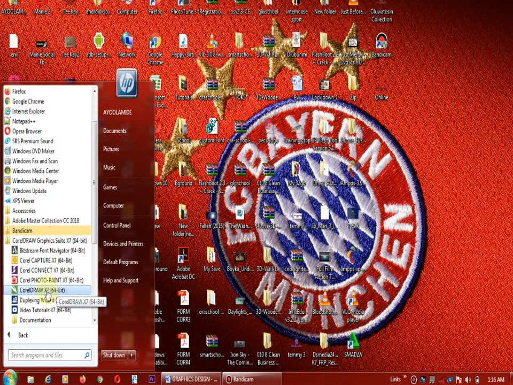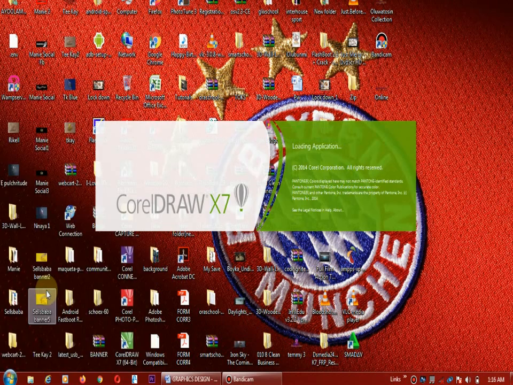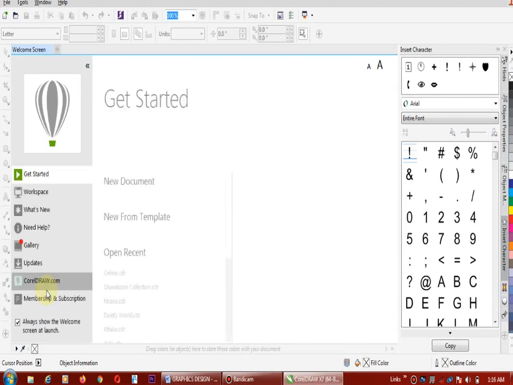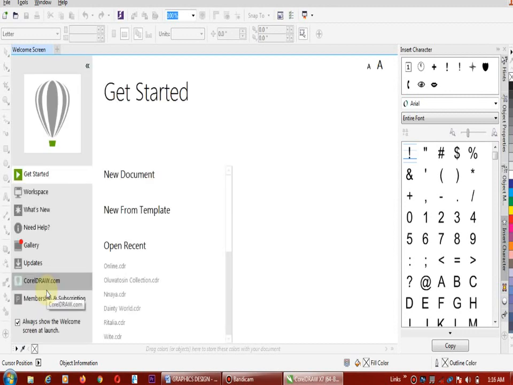So you click on Corel Draw, because Corel is a company on its own. They have a series of applications for different things entirely. But right now we'll be dealing with Corel Draw. So you click open, then wait for it to open. Mine is opened. The first thing I want you to know about this app, according to the note, is